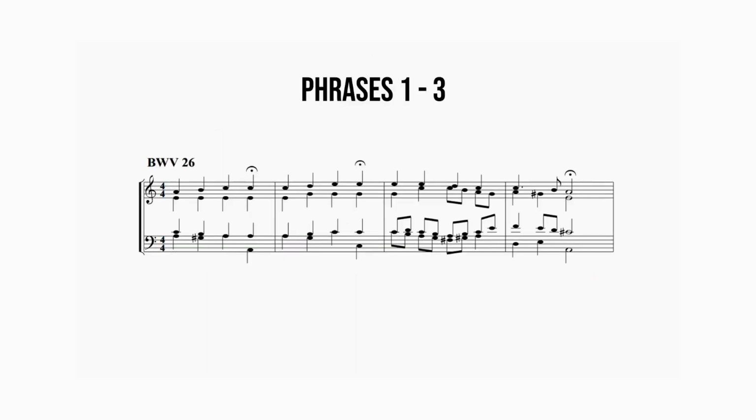Now let's focus on only the first 3 phrases. According to the fermatas, we can analyze the phrases this way. We started in the key of A minor, so in the first phrase we have these chords. The notes A, C, E, A will form chord 1, while G sharp, B, E, B will form chord 5B